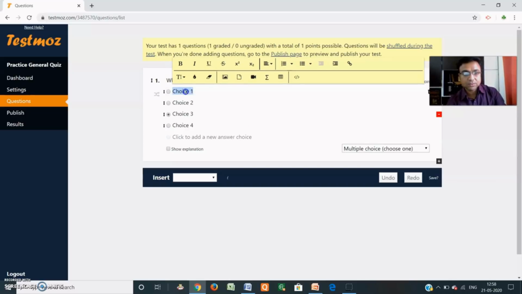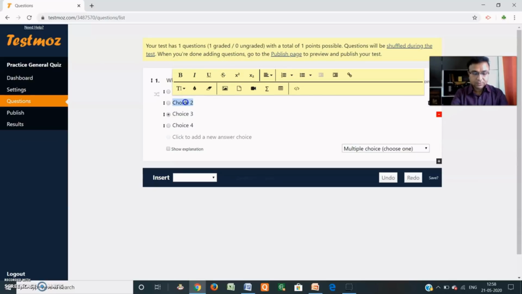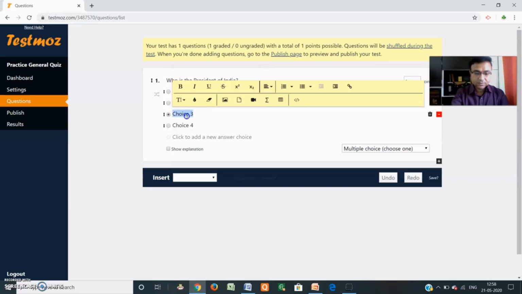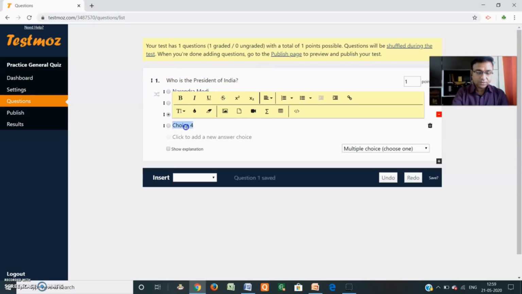Suppose I give the choice names: Narendra Modi, Ramnath Kovind, Nitin Gadkari. So this is the multiple choice type of question.